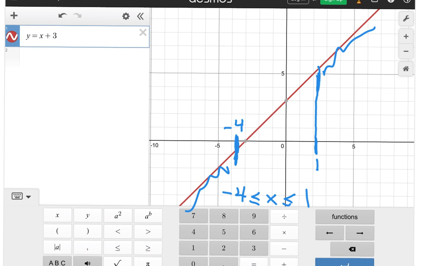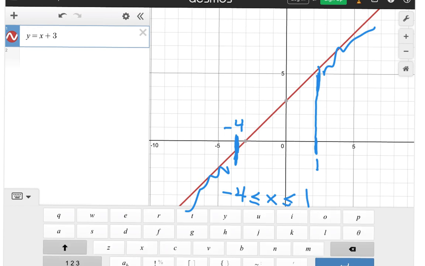What I'm going to do is go down to this keyboard, and I'm going to hit this ABC button. When I hit that ABC button, I get kind of a new keypad. And what I'm looking at is this little item down here, these squiggly brackets. Right next to the y equals x plus 3, I'm going to add those squiggly brackets, and then inside the squiggly brackets, I'm going to put exactly what I wrote on the screen here. So -4,